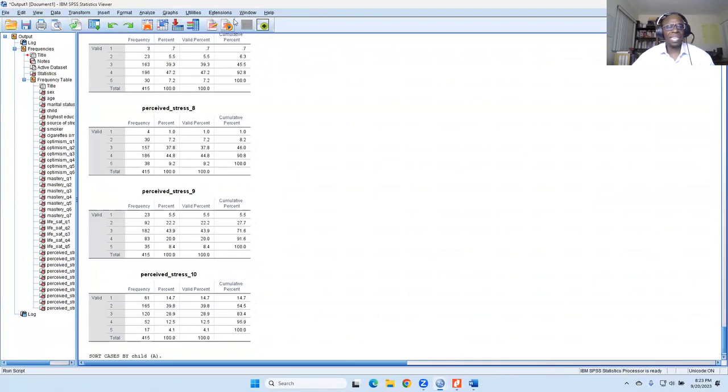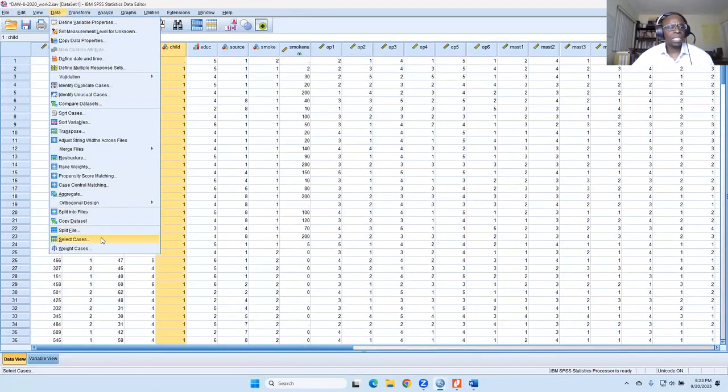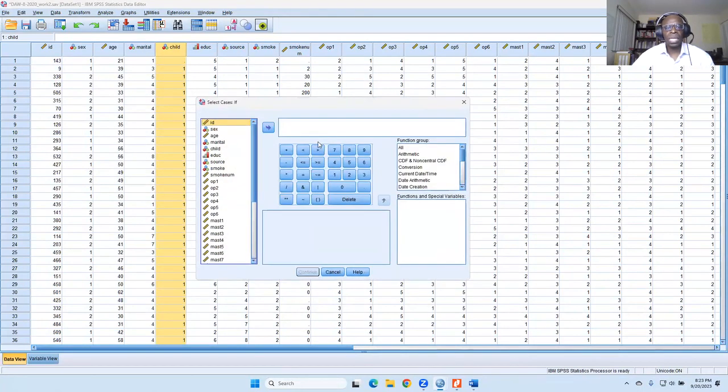They all have the same menu. So it doesn't matter where you run it. So we're just going to do data select cases, and then we're going to go if condition, and then we're going to say missing, right? Just like we did before. Go down to missing. And then we're going to put child here.